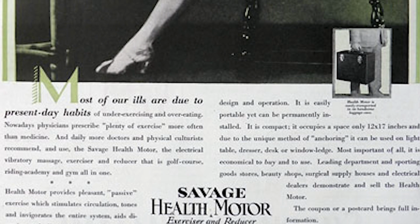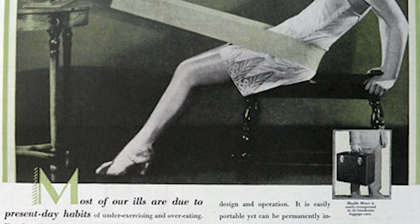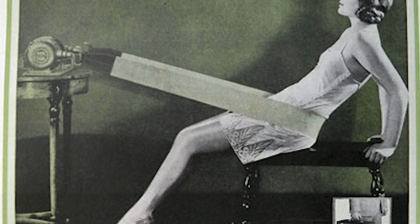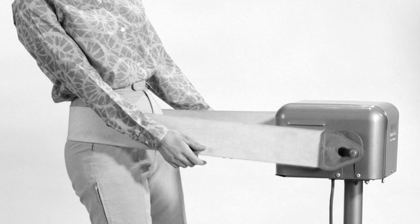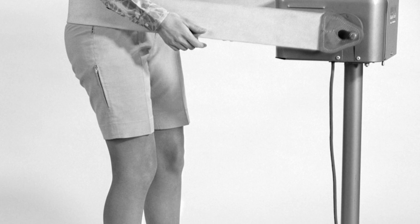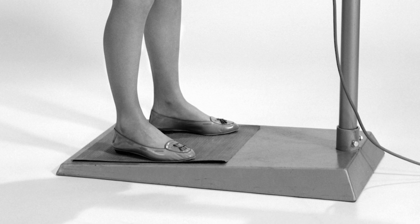Vibrating exercises have had a varying degree of popularity over the years. Between 1900 and 1930, when they were most widely used, they saw a resurgence. The Walton, in contrast to prior models, stated clearly that weight loss was not its intended use. However, if you've been worried about looking beautiful in your bathing suit this summer, don't worry. Elegant new types of vibrating exercises are available. They guarantee jiggle-free arms, rock-hard abs, and